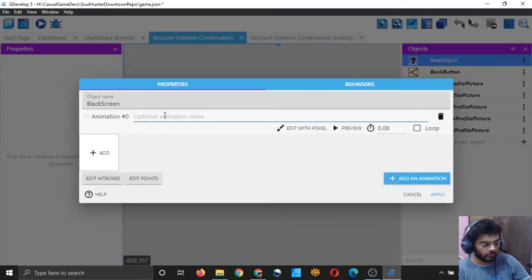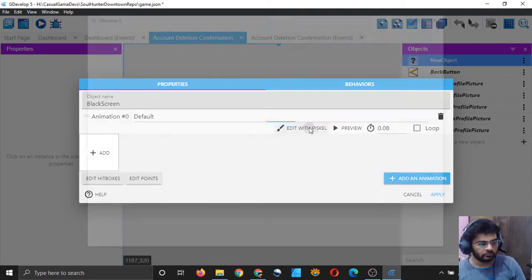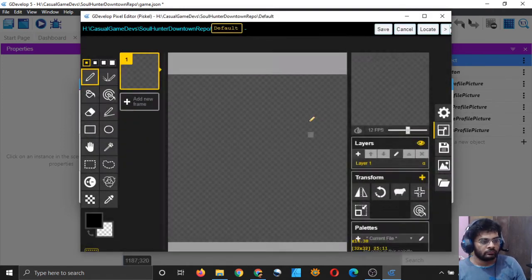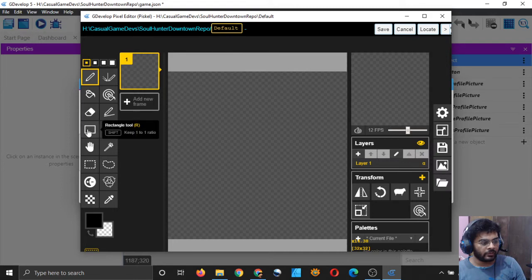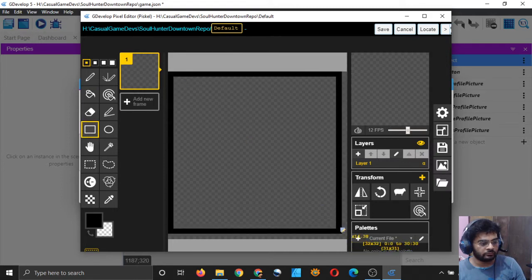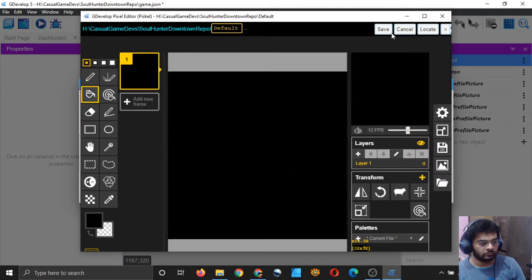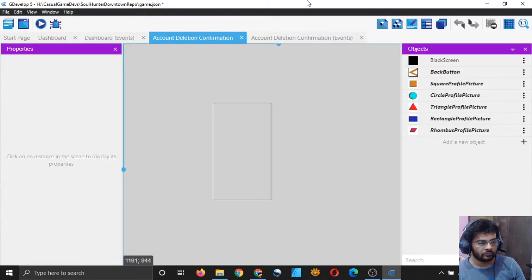And default, resize for easy editing, save, and I will drag it here.